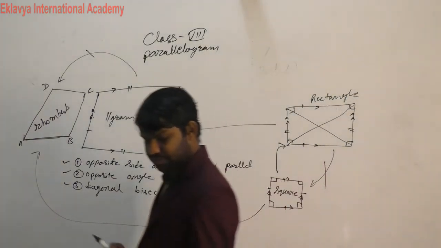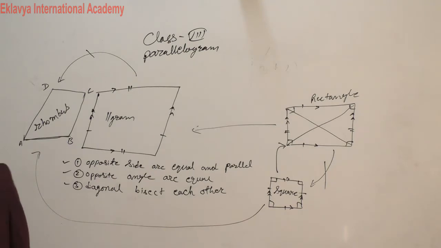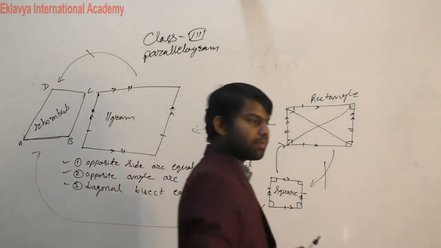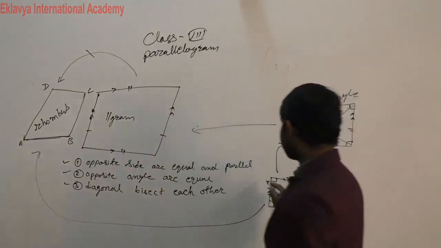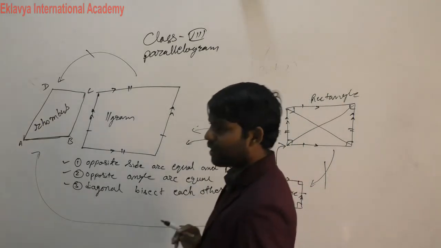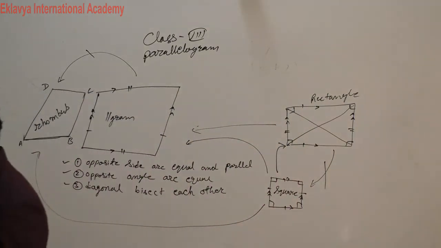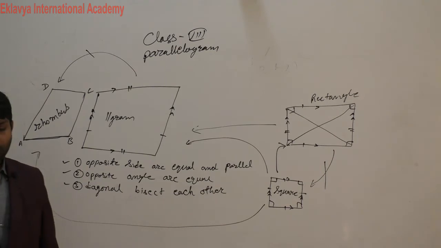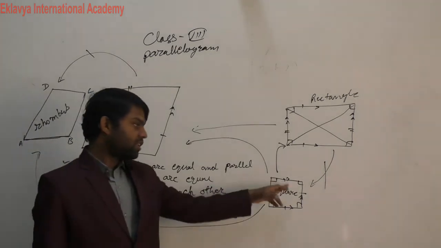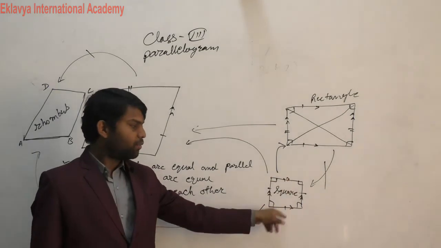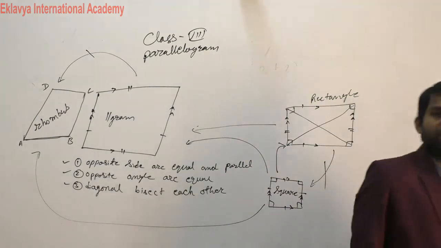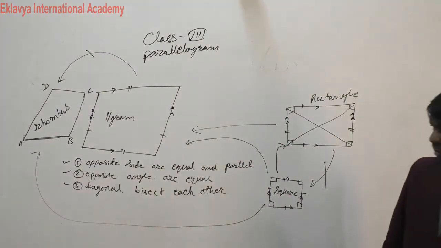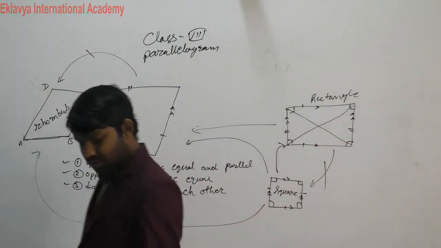Understand, students? Now the last one, sixth part: a square is a parallelogram. We can say that a square is always a parallelogram. Why? Because in this opposite sides are equal and opposite sides are parallel. So we can say a square is a type of parallelogram. Then the sixth part is also true.